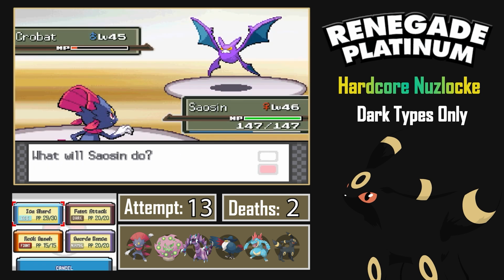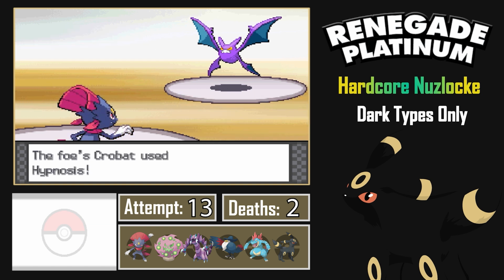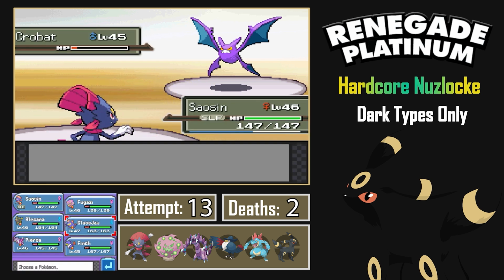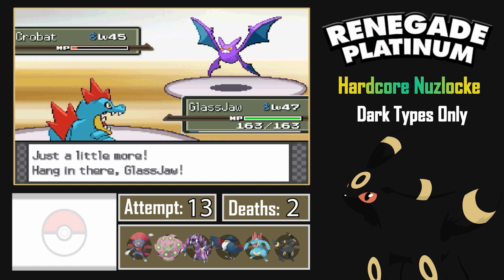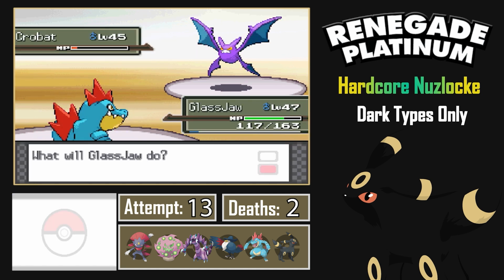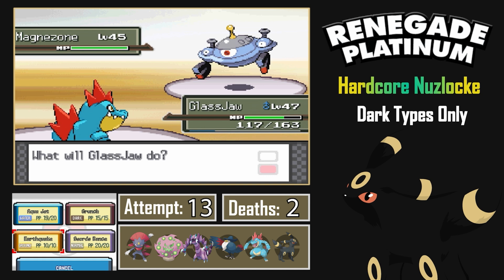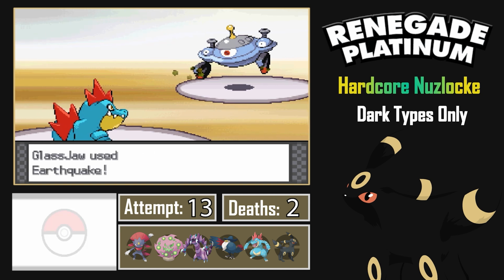It's not, but he just misses Hypnosis, and then thinking he would heal, I go for a Swords Dance, but he doesn't, and this time hits a Hypnosis. Sometimes it can be hard to know which trainers heal and which ones don't, but I have Feraligatr finish it off with Aqua Jet. Magnezone comes in, I double check that it doesn't have a Focus Sash, it doesn't,